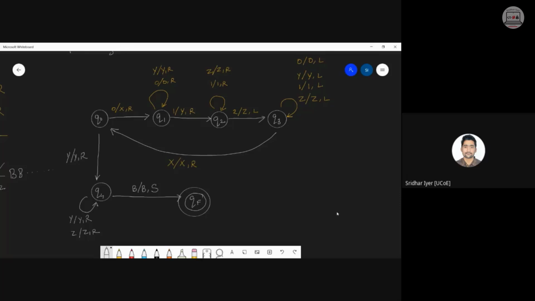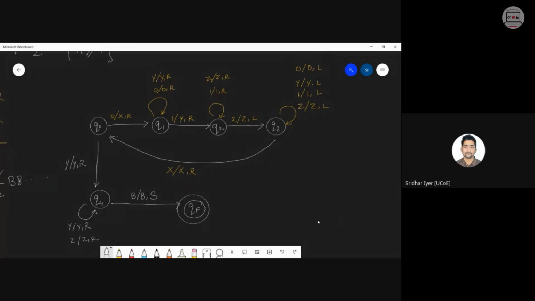That is why we always start with the diagram to make things even clearer in case of Turing machines. The same thing, if I go to make it from the table, I will have to think a little, because in this case you can visualize everything in front of you. But if you start with the table, then you might end up making some mistakes if you are not thorough with the logic, because the whole logic has to run in your mind, so a little mistake is possible there. Right? That is why I would start with the diagram first and then the table.